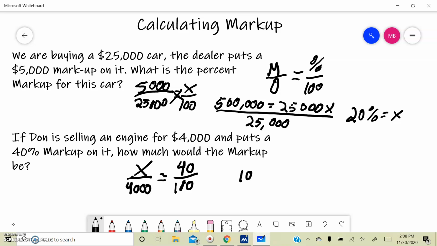Then I'm going to cross multiply. I get 100x is equal to 160. So then I'm going to divide both sides by 100, and I would get x is equal to,